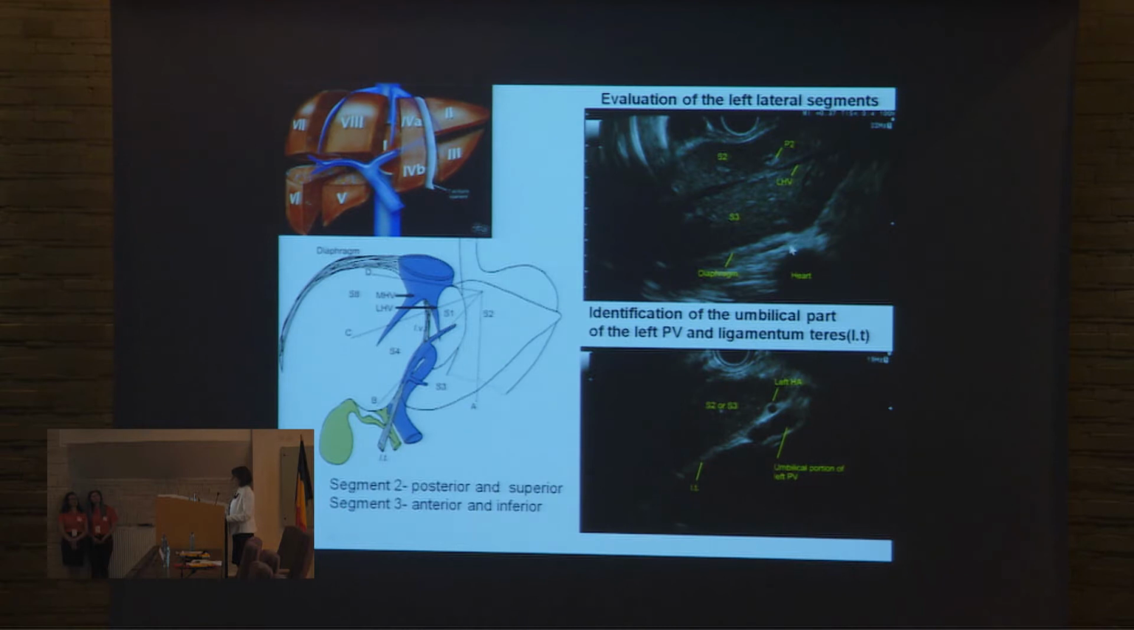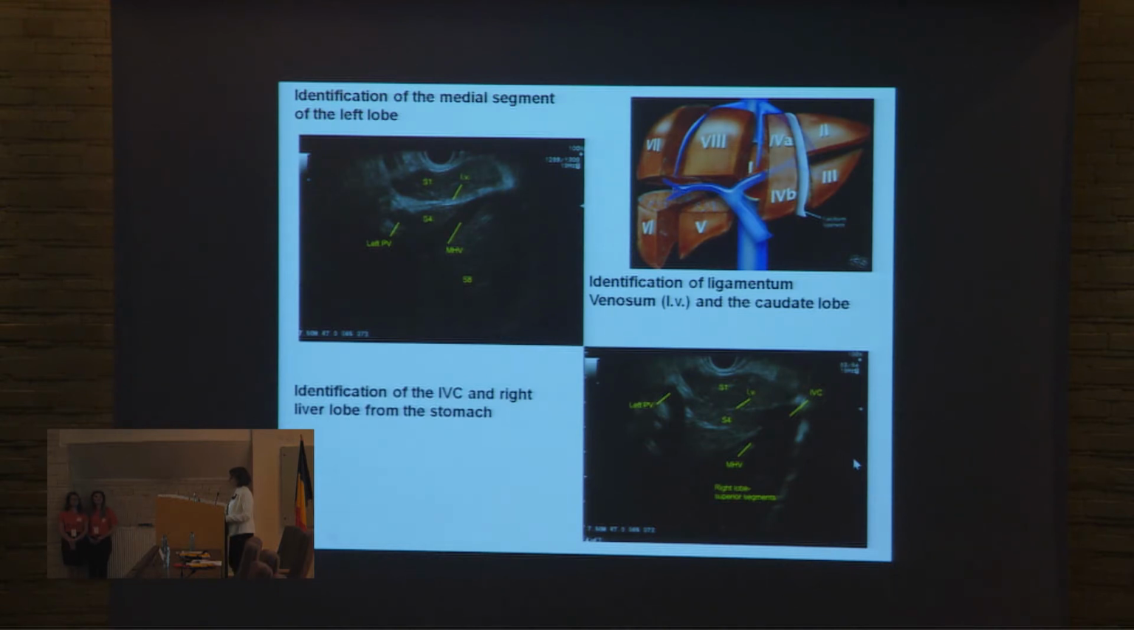So we can see that here is the transducer, and here is segment 2, which can be very nicely seen. Segment 3 is here beyond the left hepatic vein. Here in this section we can also see this part of the left portal vein and ligamentum teres, and of course the left hepatic artery. And of course we can see in another position segment 1, segment 4, and here is the inferior vena cava, and sometimes we can see, as you can see here, segment